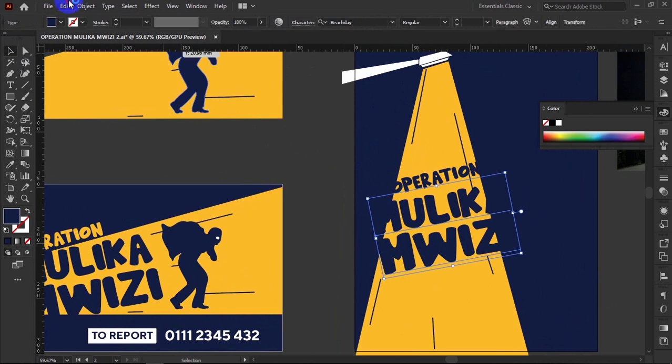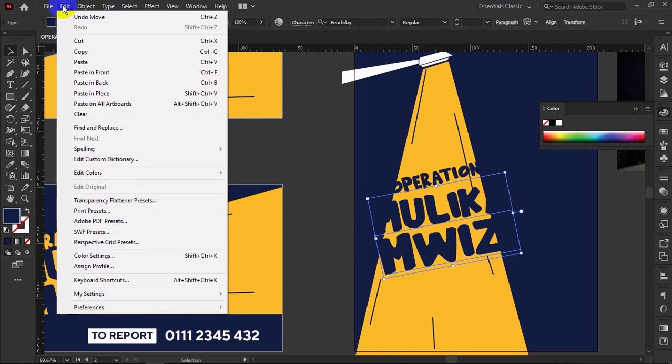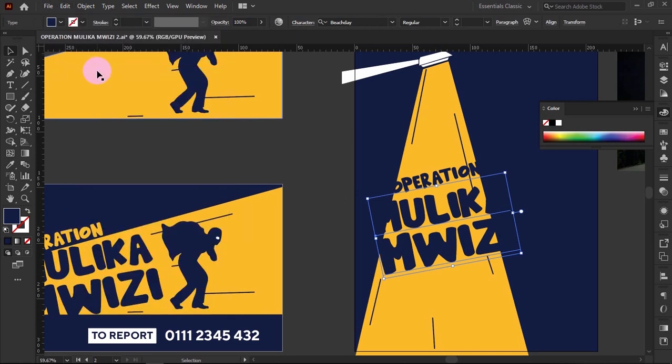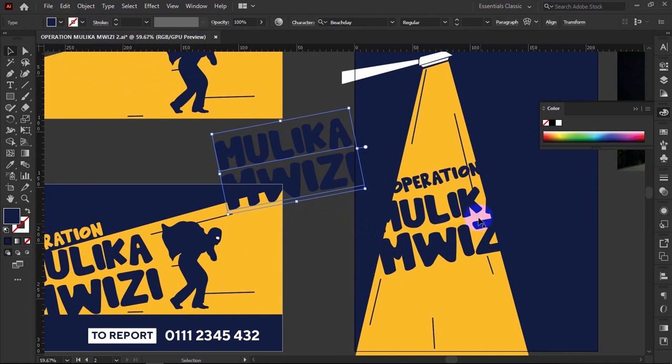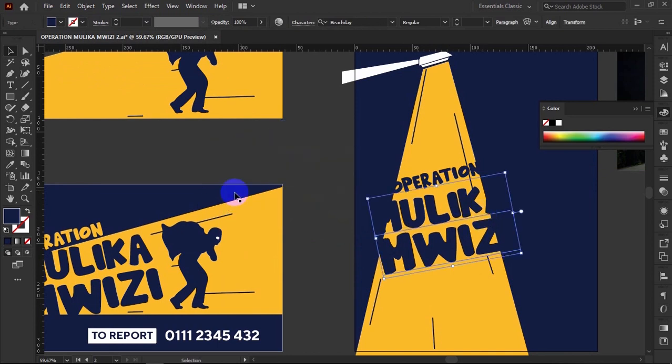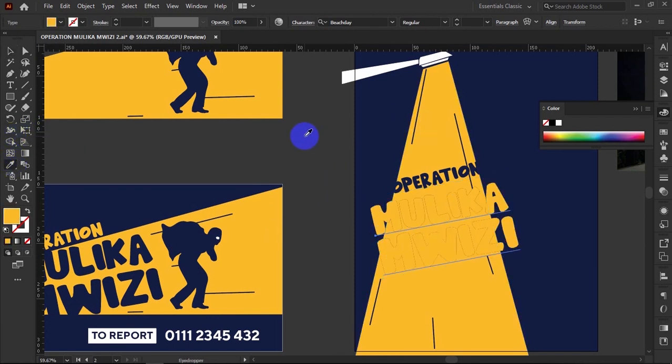then come to edit, copy. You'll copy this text, then come here, then paste in front. Paste in front ina make sure the text inakuja exactly juu ya hiyo text yenye ule copy. So uta paste in front, so it's already there, they are ready to. So even when you move, unaona bado kuna ingine but at the exact point, so you'll move it to the back. So for this, hii text moja nita I drop nipate this color yellow hivyo, so it's the same color